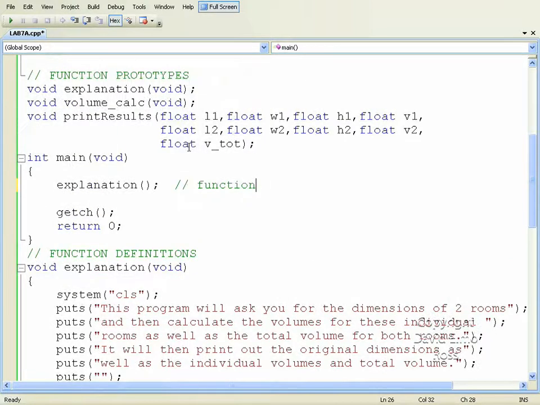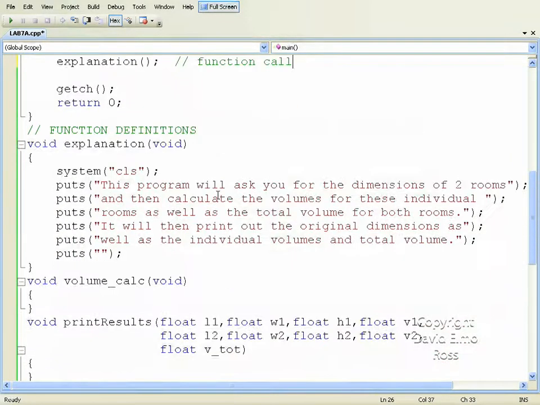We need to have a function prototype, a function definition, and to tie it in, once those two are done, to make it work, we have to put in our function call. So this is our function call here. Now, the next section of code that we have to deal with is our volume calc, and volume calc is